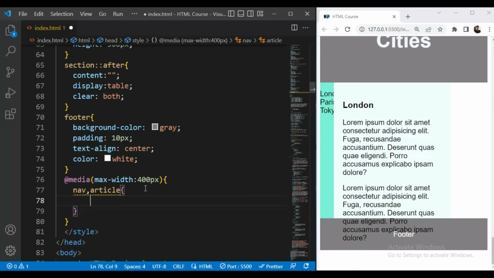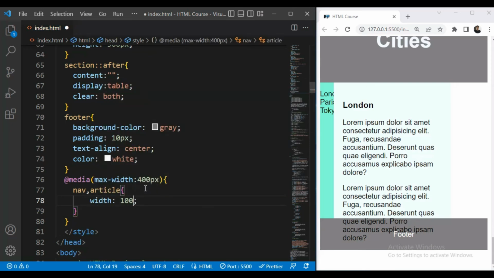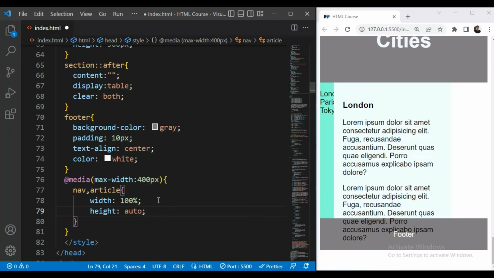So we'll write width 100%, and height auto. So let us save this.